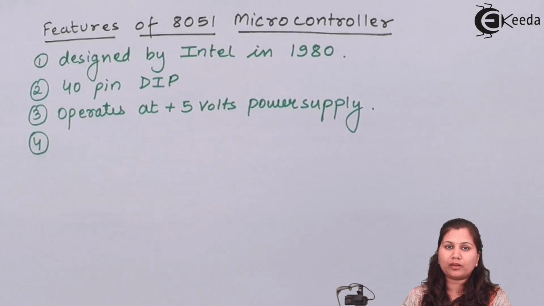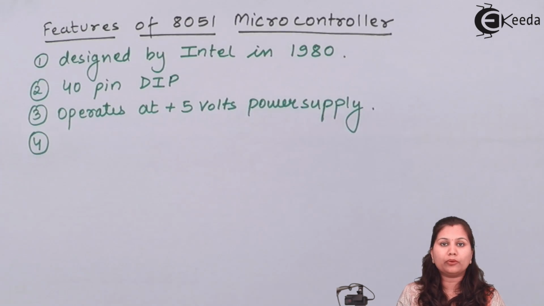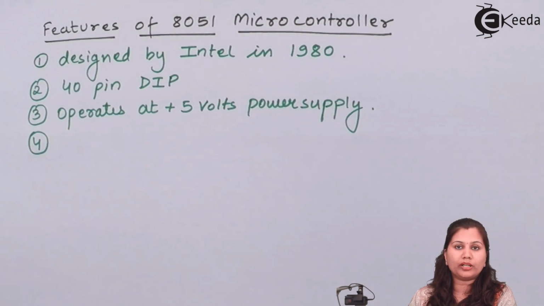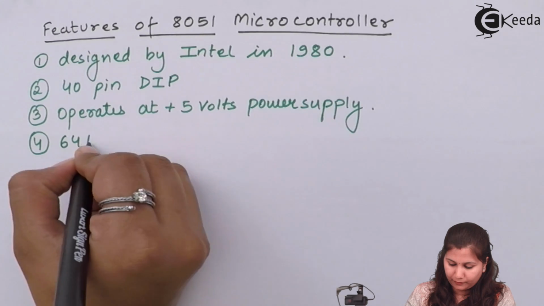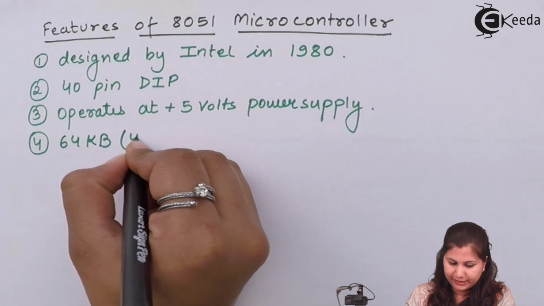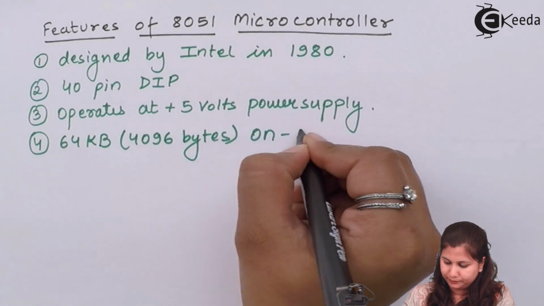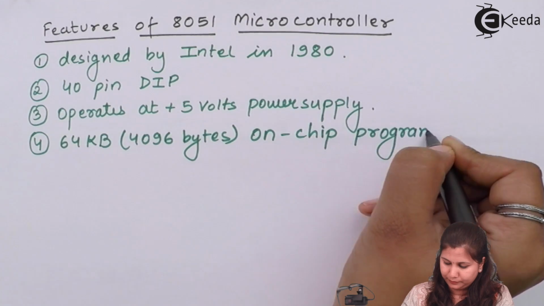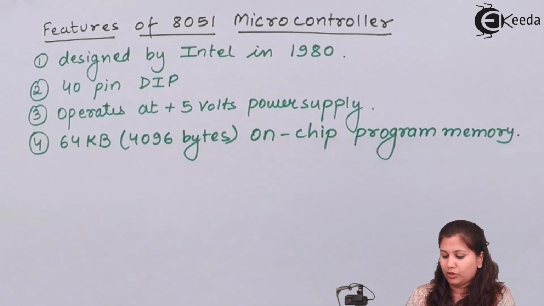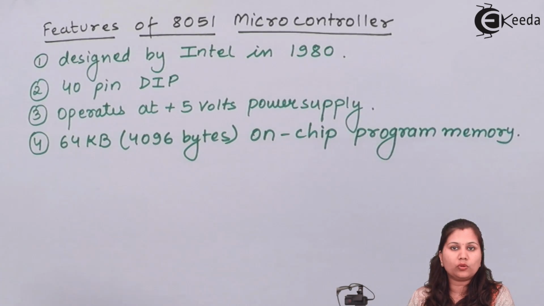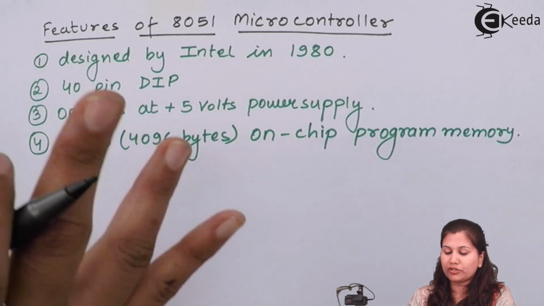Now, in the case of microcontrollers, there are two types of memory, program memory and data memory. So this 8051 microcontroller has 64 kilobytes of on-chip program memory. 64 kilobytes, or we can say 4096 bytes. "64 kilobytes on-chip program memory" means that this memory is also available on the same chip on which the microcontroller